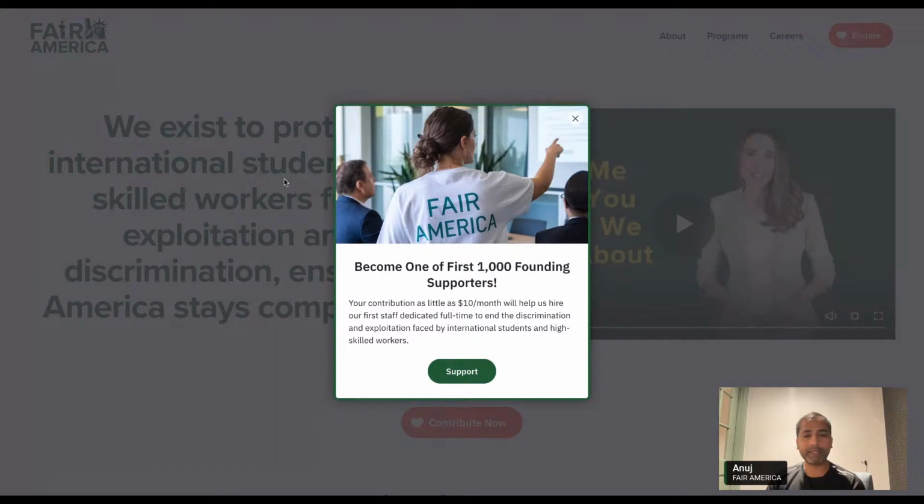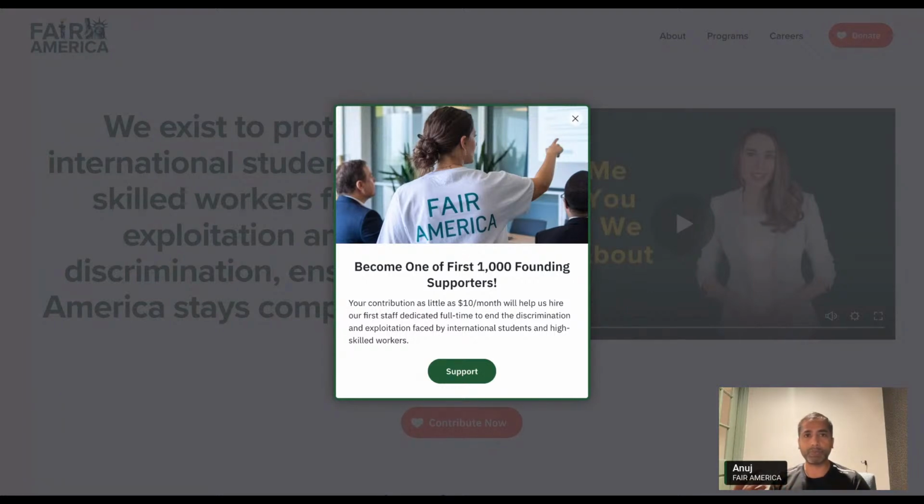As you see on the landing page, you can click on support, or you can click here on donate or contribute now. Basically, all these three buttons do exactly the same thing, but we are saying different things because different words will inspire different people to contribute and support.